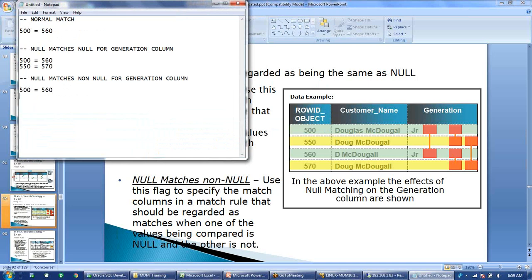Now the second option, null matches non-null, will get applied. So you can see null is present for 550 and 570. These two are the null values for generation. So with null matches non-null, we'll take 550. 550 will get matched with 500 and 560.